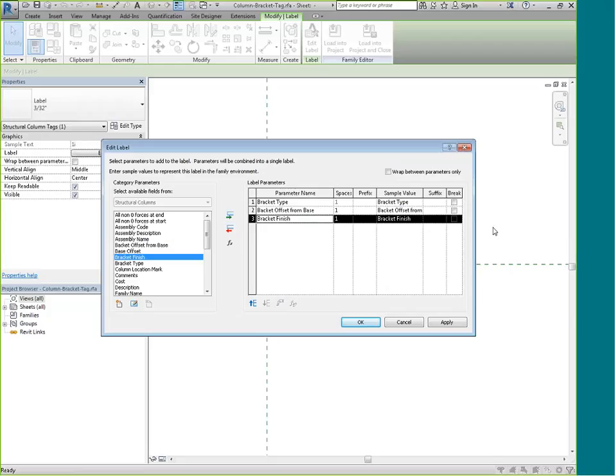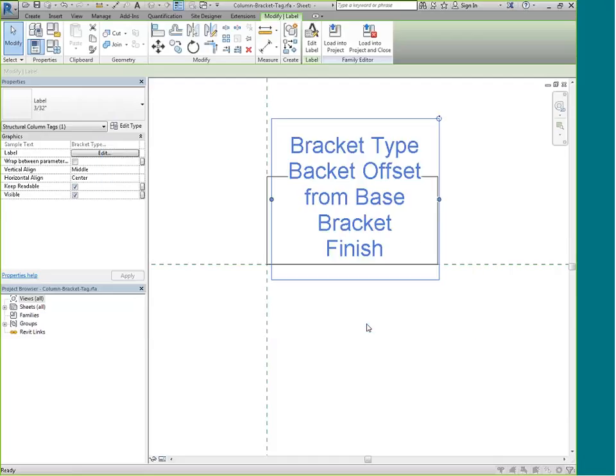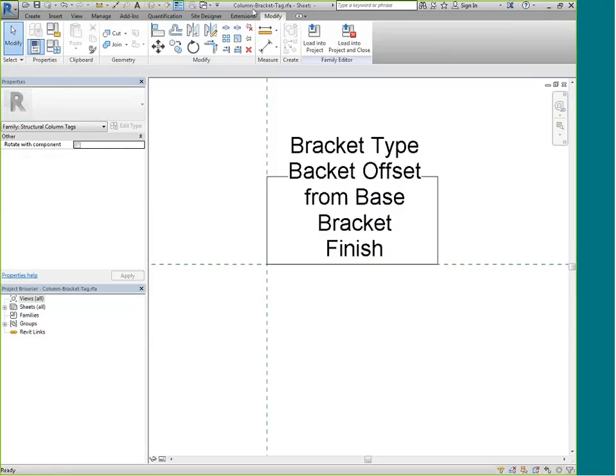Now, oh yeah, I knew there was something else I need to check. See this little break thing here? It's similar to when we combined parameters before, that little X, we changed from a slash to an X. So we want to break. We don't want these all to be in a long line. We want them one on top of the other. So I put the two breaks in between the first two. And there's my bracket type. It's not necessarily going to fit really perfectly, but we'll see how it looks. So I'm going to save this, and I'm going to load it into a project